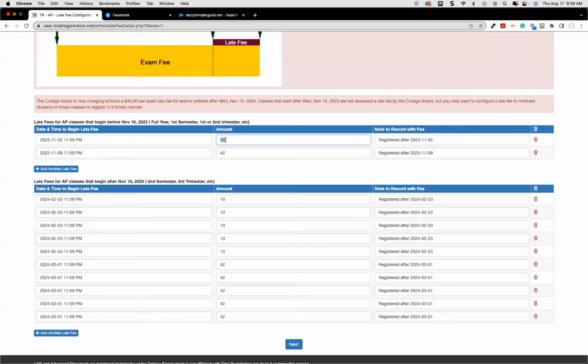This is the school's money. If somebody pays this late fee, this is the school's. It doesn't go to the College Board. The College Board will start charging you a late fee for registrations after exams ordered after November 15th. We recommend setting a late fee prior to that. So that, again, you want to encourage kids, sort of a week before that deadline, to get their act together. And that way you can check your rosters, do reconciliation and all those things to make sure that everything's good